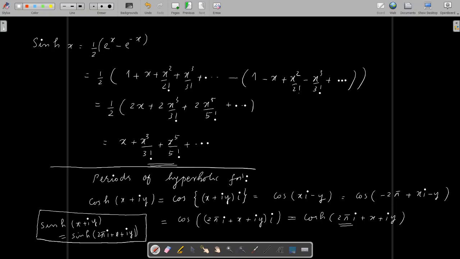So there are some interesting problems after this section. That is, you have already discussed in plus 2 level, separating the real and imaginary parts. The only thing is we need to use the formulas that we have discussed here to separate the real and imaginary parts of some expressions. So one of the important problems from the exam point of view are these questions. These are all worked out problems in the textbook, so you need to work them out as you want, and